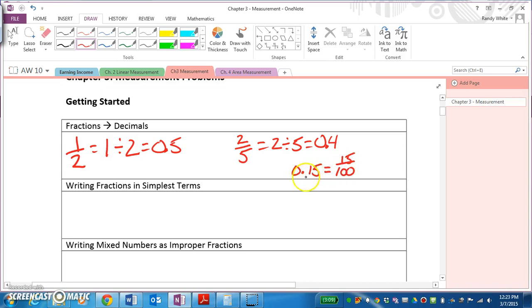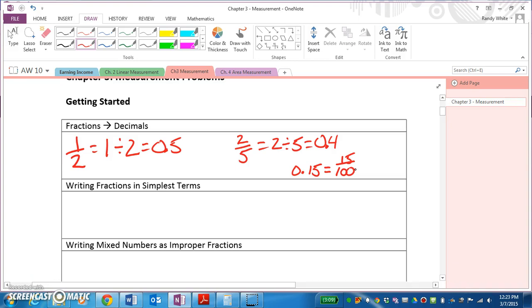And I know it's 100 because there's 2 numbers after the decimal place, so therefore I put 2 zeros. If it was 0.155, I would put 155 over 1,000. 3 numbers after the decimal place, so therefore it's over 1,000. So 15 over